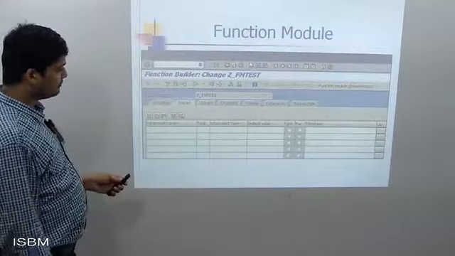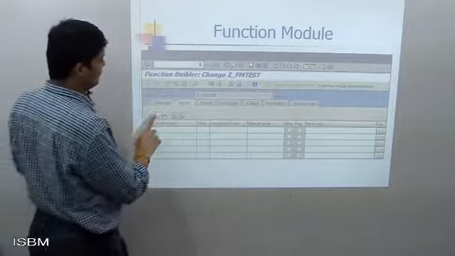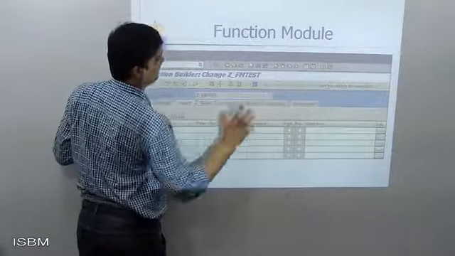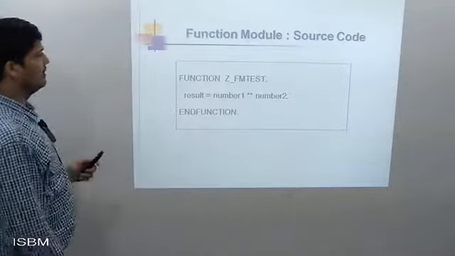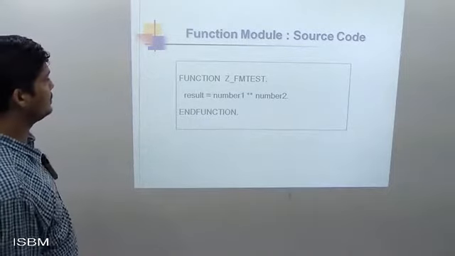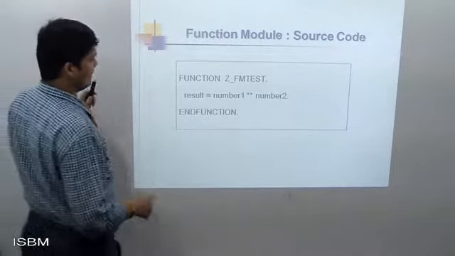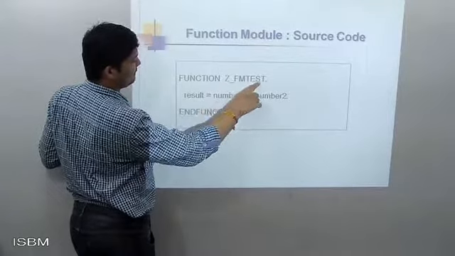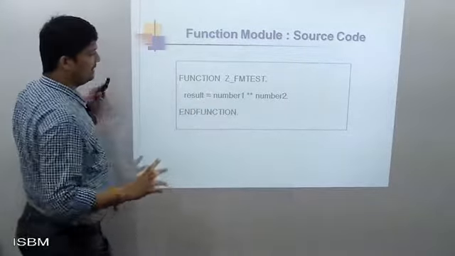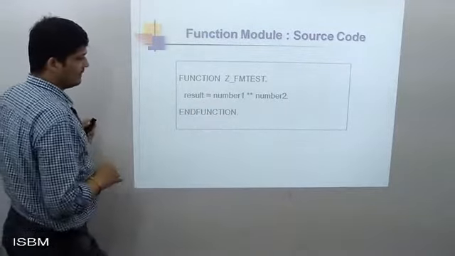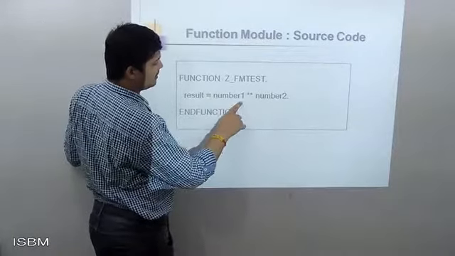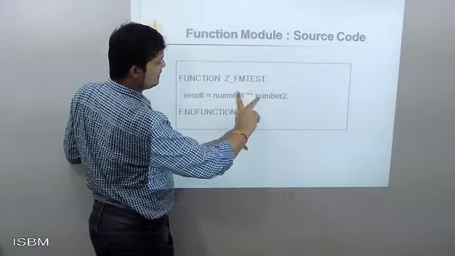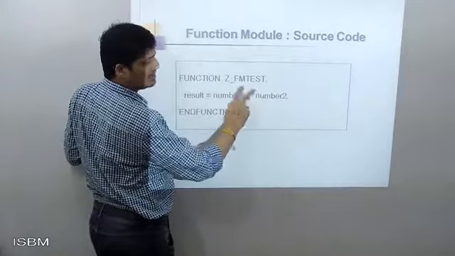So you can see these are the tabs. Total 1, 2, 3, 4, 5, 6, 7 tabs are there. Then we start the function module source code. So you can see the function ZFM test. I have taken a simple example. Here you can see result equals number 1 into number 2. When you multiply the two numbers,